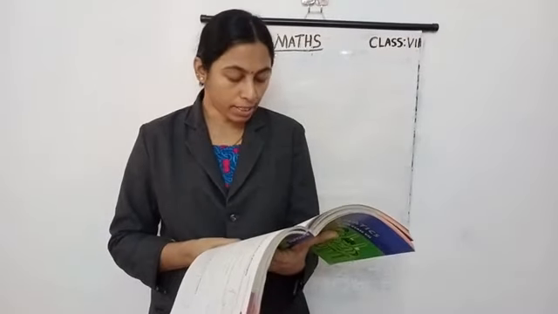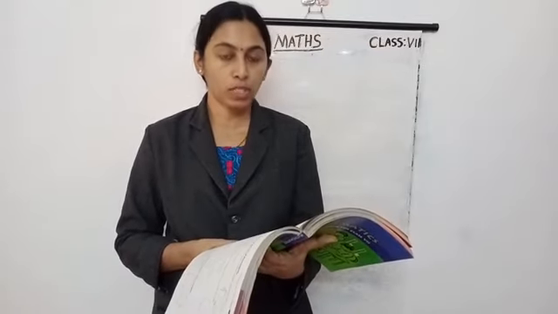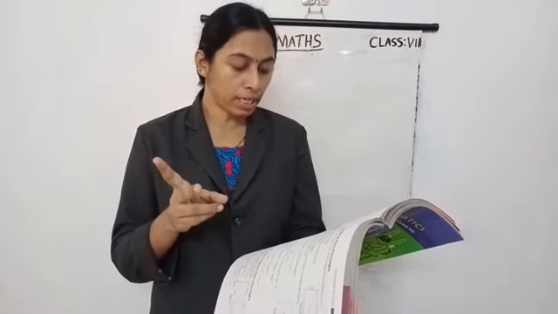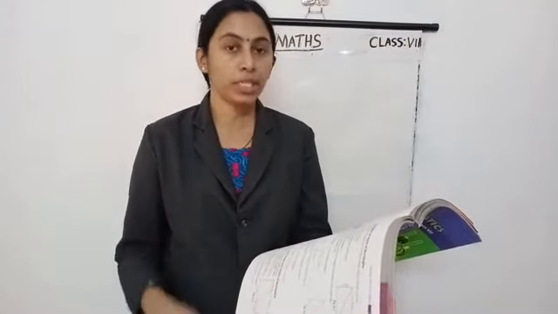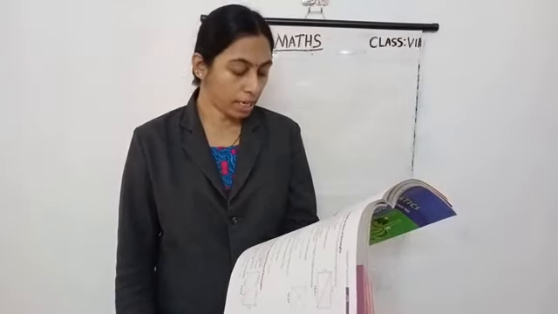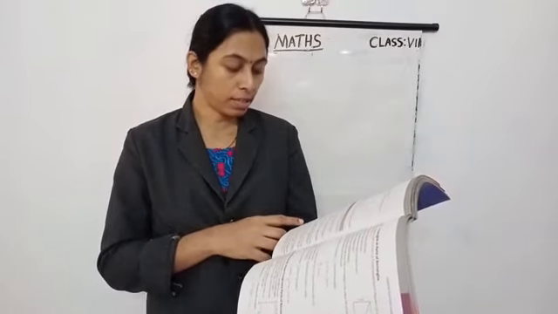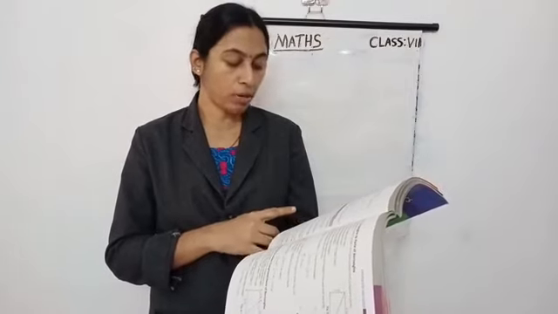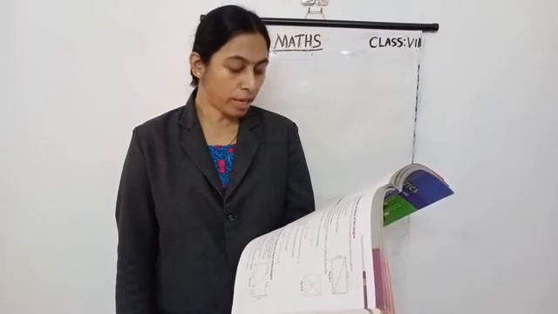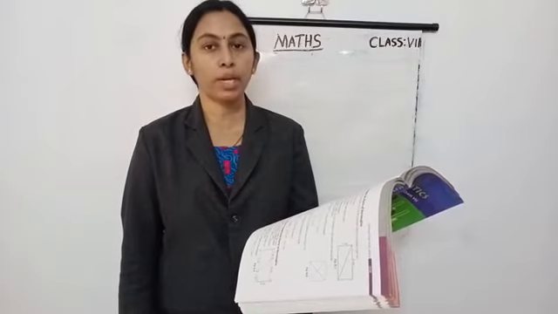Now question number 8. A door of length 2 meter and breadth 1 meter is fitted in a wall. The length of the wall is 4.5 meter and the breadth is 3.6 meter. Given in figure 11.6. In your textbook, on the left side of the question, there is a figure also. Find the cost of whitewashing the wall if the rate of whitewashing the wall is rupees 20 per meter square.